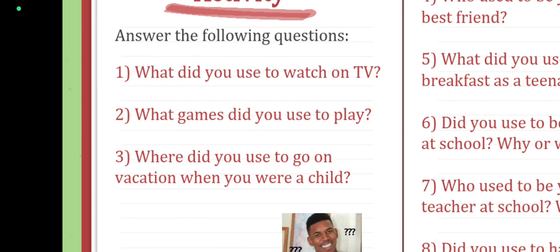Ay, no entiendo mucho el sentido. ¿Qué uso cuando estoy viendo la televisión? No, this is the past. So, ¿qué solías ver? Cuando veo televisión. When I used to watch television,